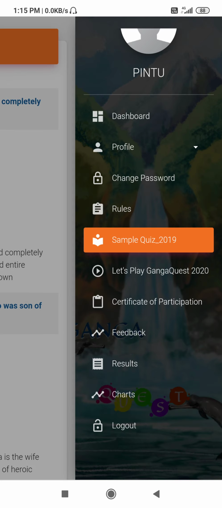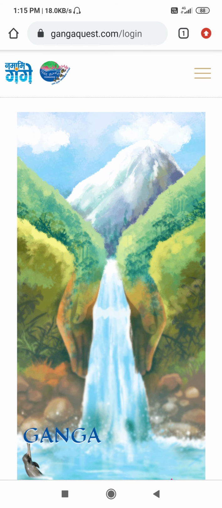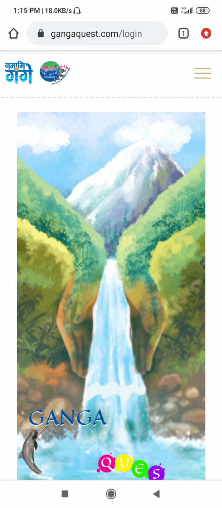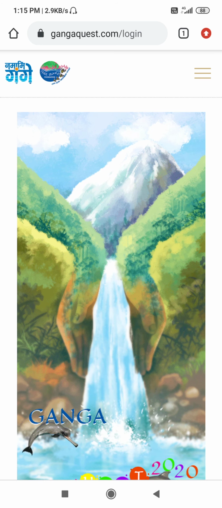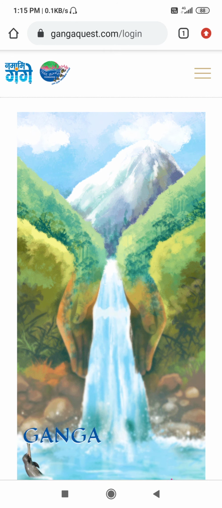Then you log out of the page. Log out. So this is the procedure to participate in the Ganga quiz in online mode.